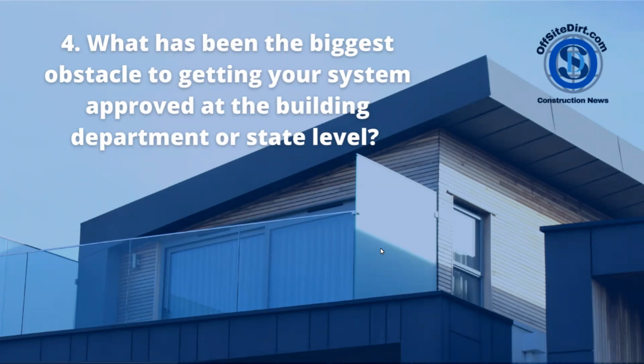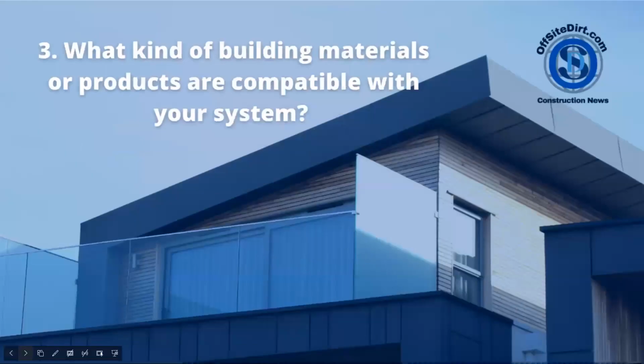David, definitely wanted to bring you in on the materials discussion, and if you have anything to note about approval as well or not, but obviously lumber is at an all-time high. What has your experience been like with the materials that you've used with the panels? Yeah, so I would just say in general with prefabricated systems, the upfront planning is kind of the most important